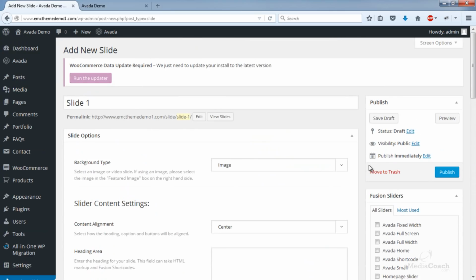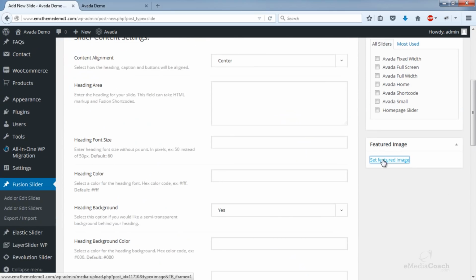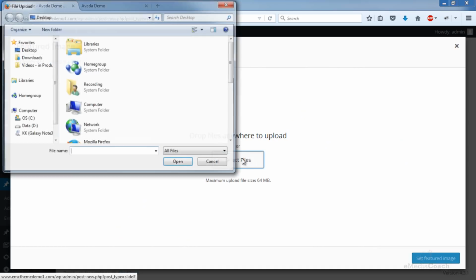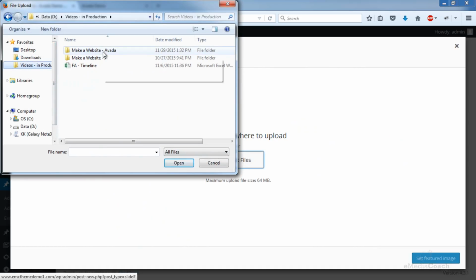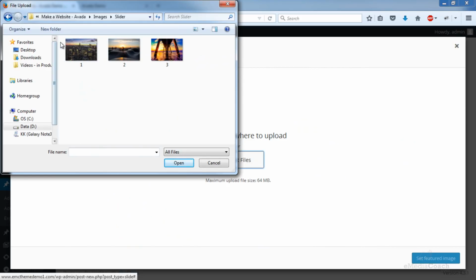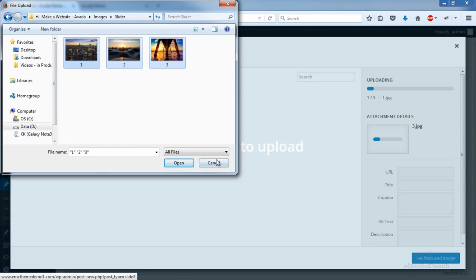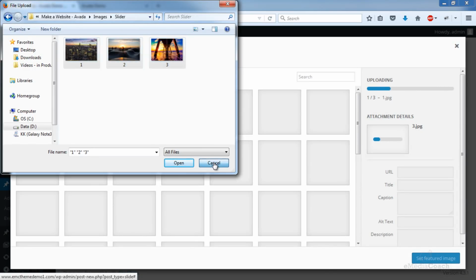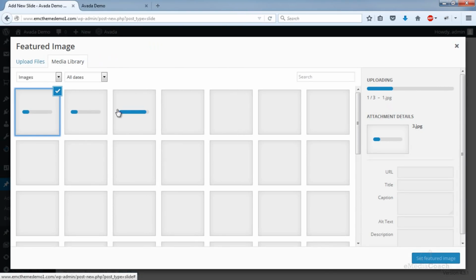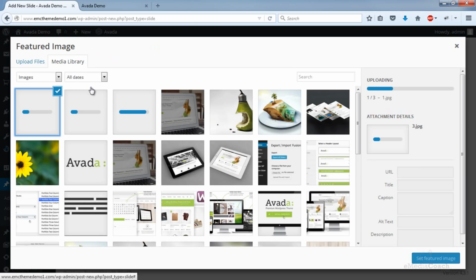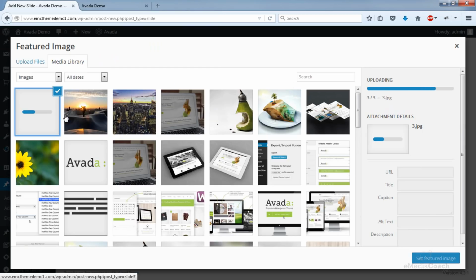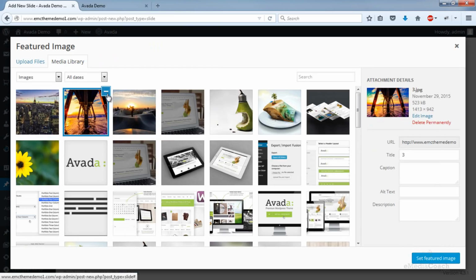What you need to do to add an image to this slide is click on Featured Image, select Files, and from your computer just select files that you want to add to the slider. Now you can add one by one, or you can drag all your files into what's known as the media library and then select which one to apply to this particular slider. So you'll see all of your images upload, and this is known as your media library. You can access this anytime you want. So anytime you upload an image, it remains there, and you can access that image anytime you wish.